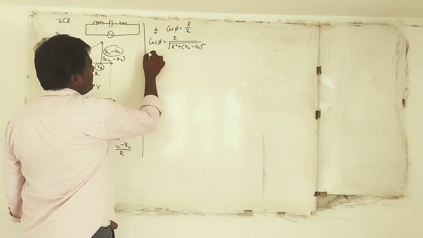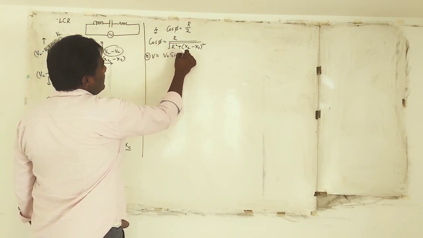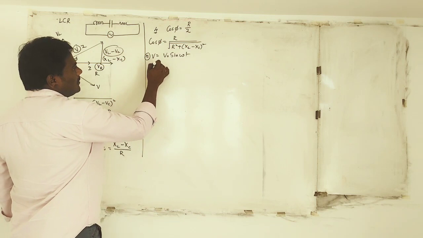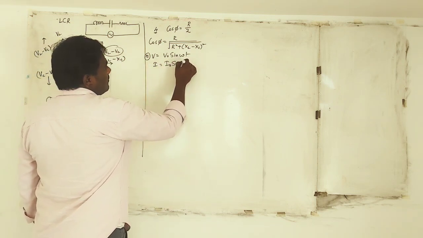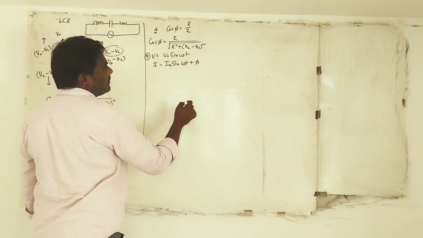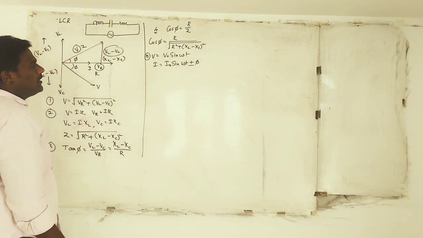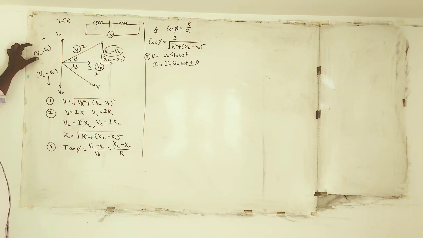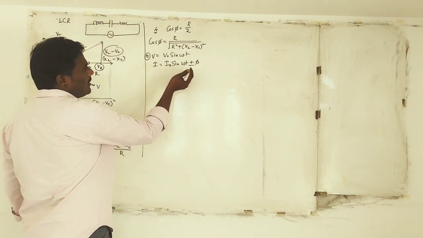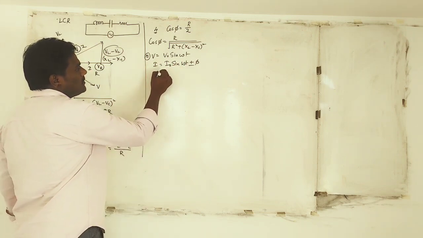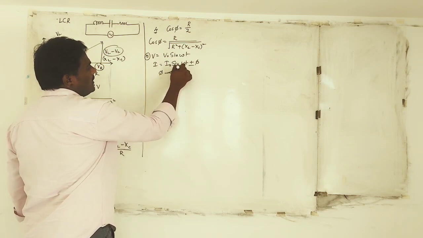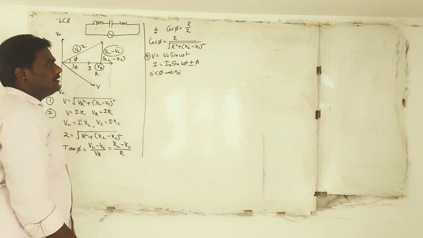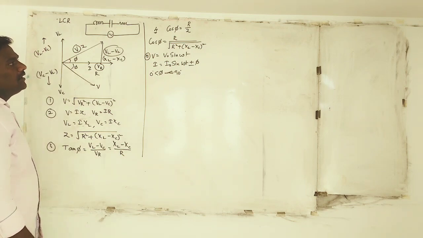Now in this case, what are the instantaneous expressions? That is point number 5. If V is equal to V naught sin omega t is the given voltage, then the current we will get in two stages. One is I equal to I naught sin(omega t plus phi) or minus phi. You get plus phi if you get this condition, and minus phi if you get this condition. So the resultant wave diagram you can easily draw. But this phase angle, I can write directly, the condition as less than 90 degrees and greater than 0 degrees.